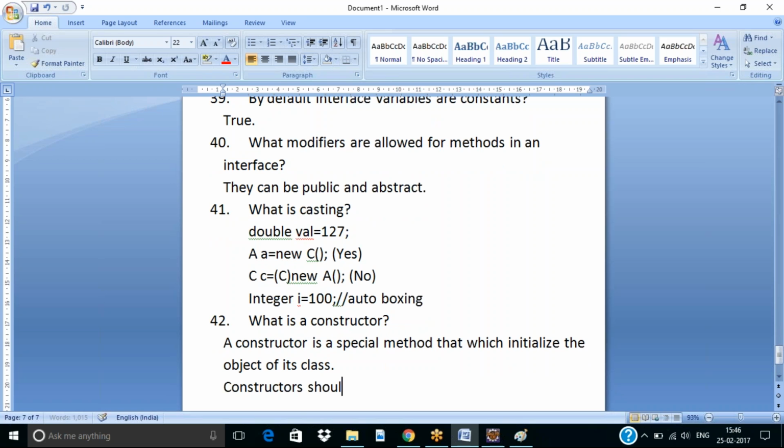Constructors should not have return types. That is the main difference between constructor and a method. Methods ke return types 100% undali, but for constructors no need to put the return types. Constructors ke return types పెట్టాల్సిన అవసరం లేదు. ఓకే, పెట్టకూడదు. But when if you put the return types for methods, then that is going to be a method but not constructor. Okay,